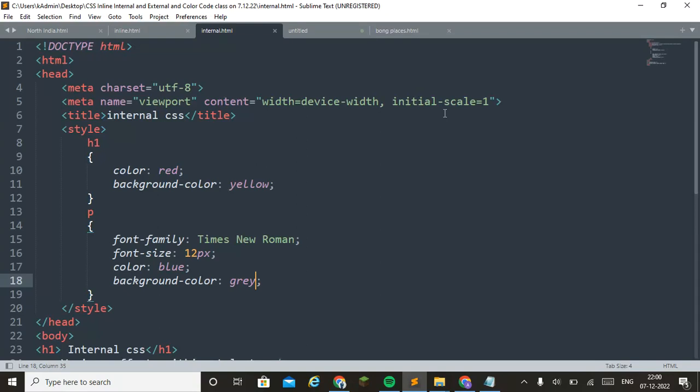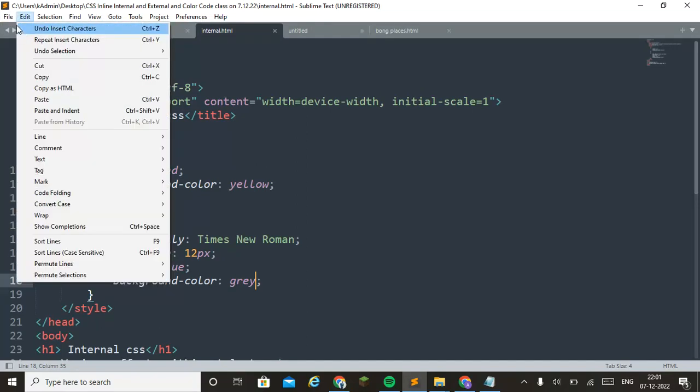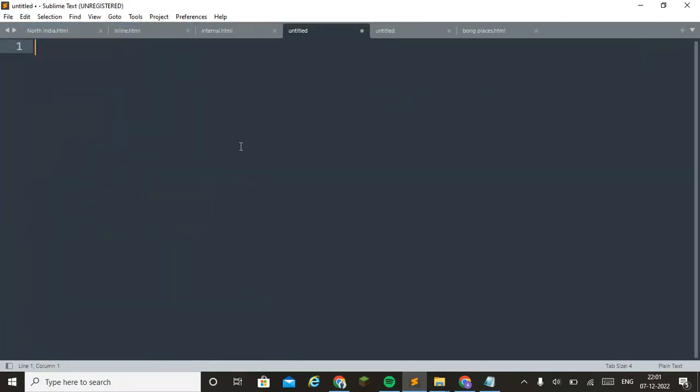So external CSS is a time saving method. Why? Because we need not create several style sheets for each and every page. We just need to create one CSS separately and take the home page, about page, gallery page. All the styles will be copied from the single style sheet. That is the most important use of external CSS. So how to create that? We have to create a new file. First we have to create the HTML.